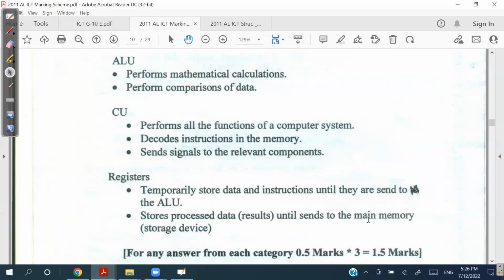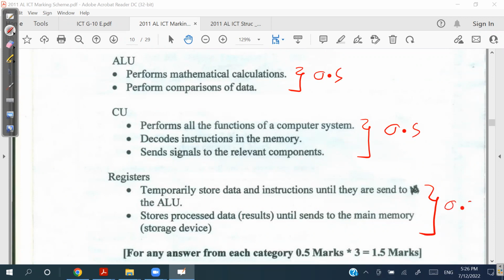right? So when it comes to these things, they say for any answer from each category, 0.5 marks, right? So in that case, you are lucky. Any one of these two, any one of these three, and any one of these two will give you 0.5 marks, right? When it comes to the control unit, you have to say either it performs all functions of the computer system, or decodes instructions in the memory, or sends signals to the relevant components,